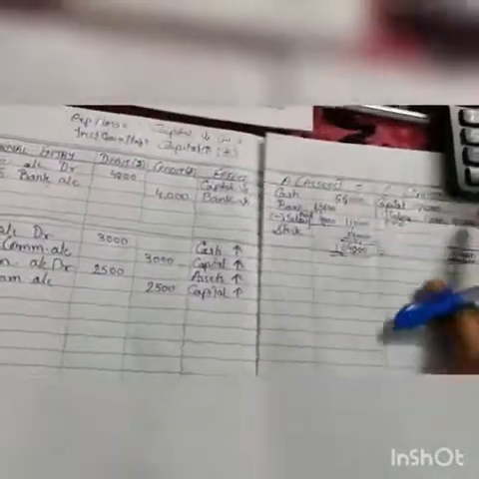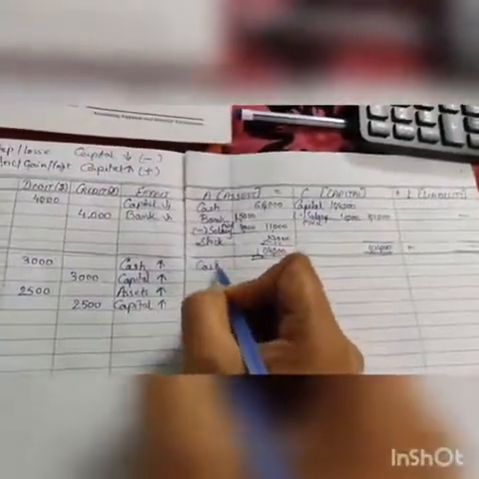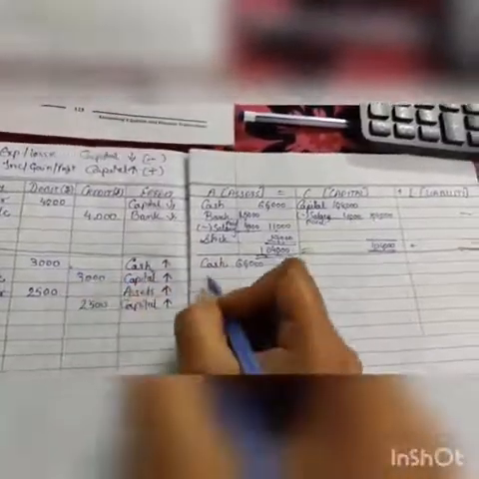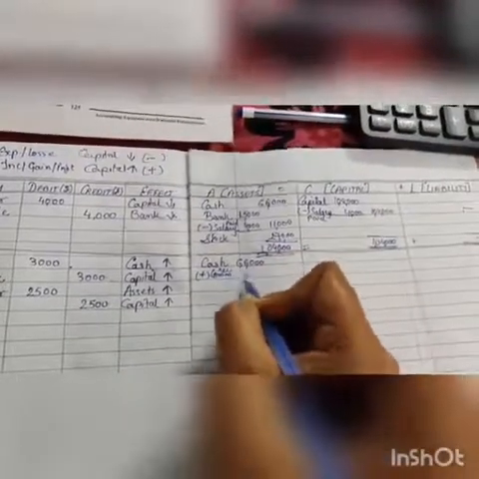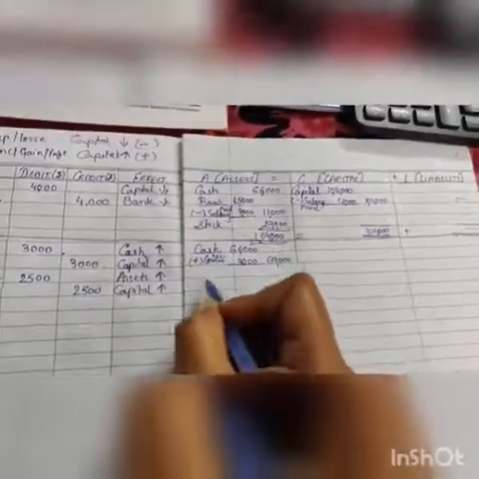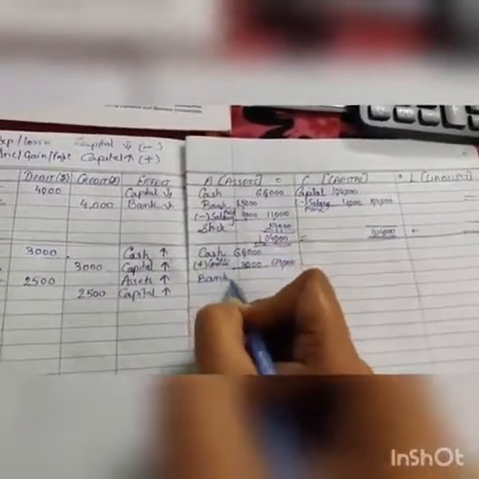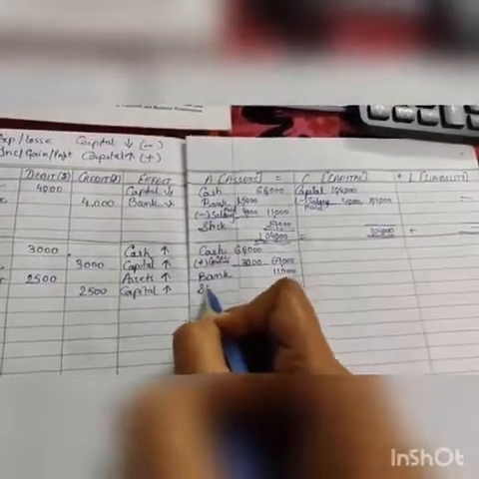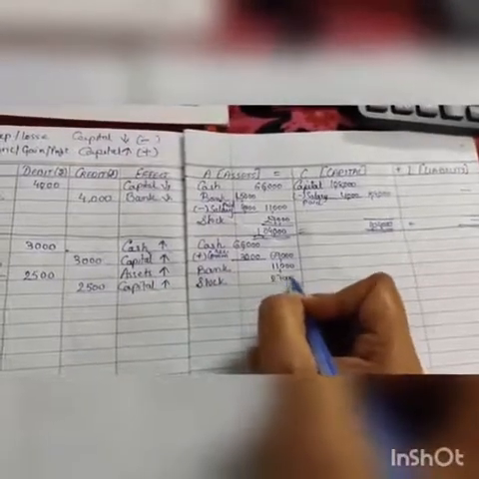So this effect will come for this particular transaction. Now we will see the effect on asset and liability side. So see, first cash is increasing, so write down here cash, that is 66,000. This is for this, so 3,000. So plus commission received, that is 3,000. So what you will get, 69,000. Then next is bank. There is no effect on bank, so here write down bank as it is, that is 11,000. Then stock, there is no effect in stock, so here stock also write down as it is 27,000.